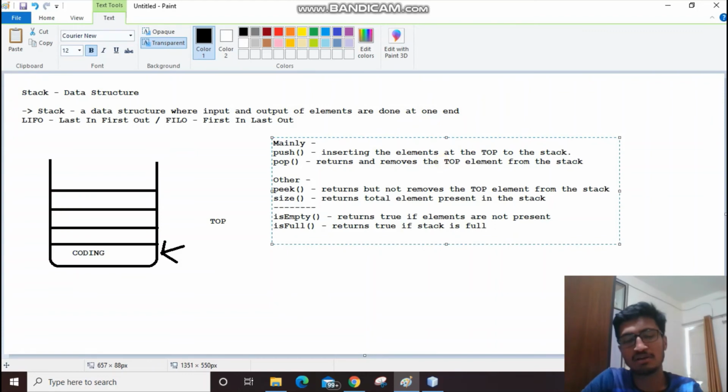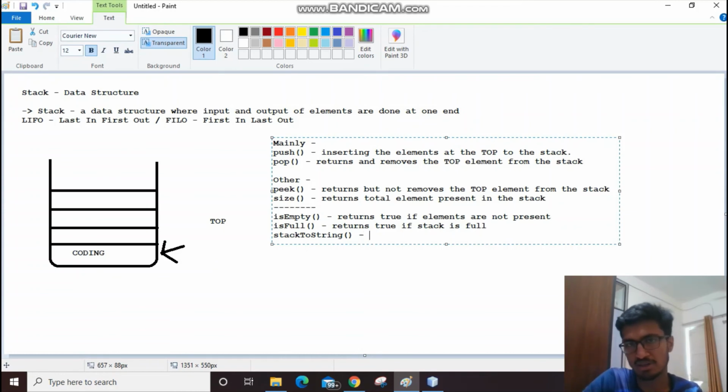Apart from this, we can have a toString method also. I usually do not like to inherit this method from our classes, so I simply create my own toString method, stack toString.